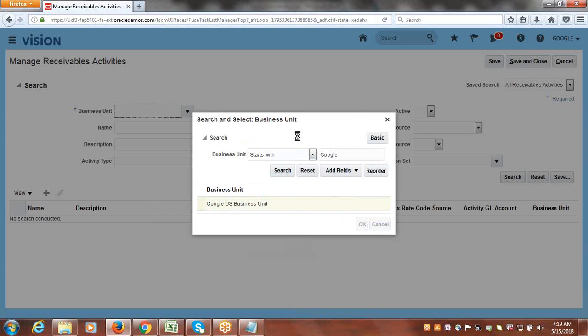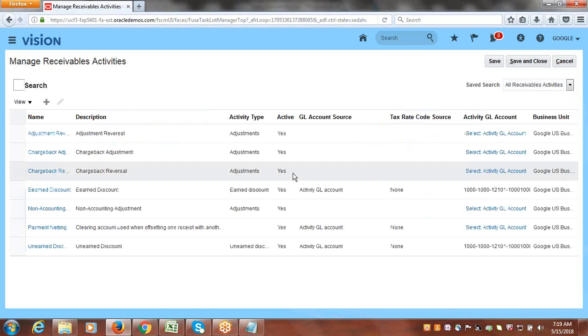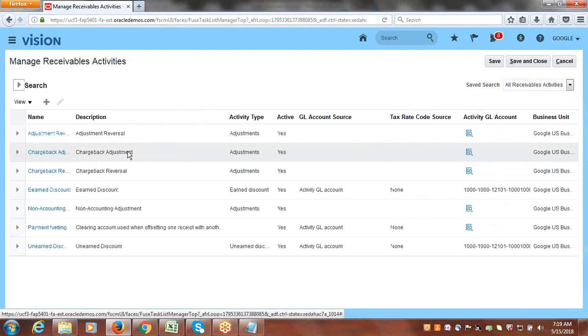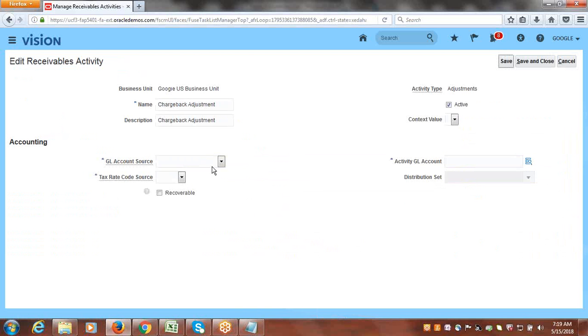So this is our BU. We didn't create any receivable activity for chargeback. Just search. You could see here chargeback adjustment. That's how by default the system creates a default receivable activity for every BU, for our BU. We never created it. The only point here is we have to add the chargeback account. To add it, you select that chargeback adjustment receivable activity, click on edit